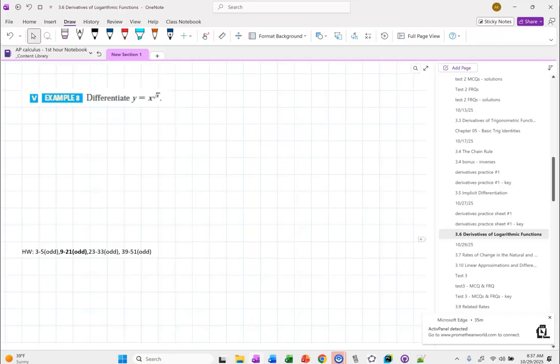Logarithmic differentiation will allow us to separate the exponent from the base, right? And that's the trick on this. So you can't like double chain rule it. I see what you're saying, but it won't work because we don't have a rule for x to the x kind of thing. But if we do this,